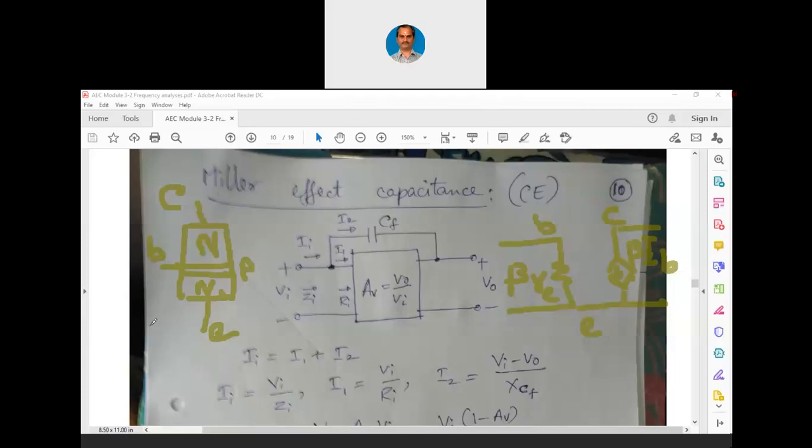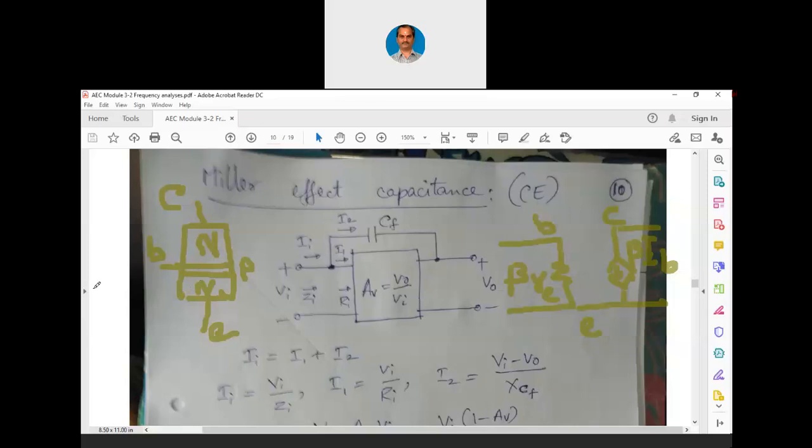Basically, depletion region is what? Depletion region means depleted of the charge carriers, or devoid of the charge carriers. But on both sides of the depletion region, there is voltage. When there is voltage, it is as if the capacitance is going to get charged. So there is a capacitance between base to collector. In all our AC analysis, we had ignored this because at that time it was not important. But now, when we discuss the high frequency analysis, even this becomes important.